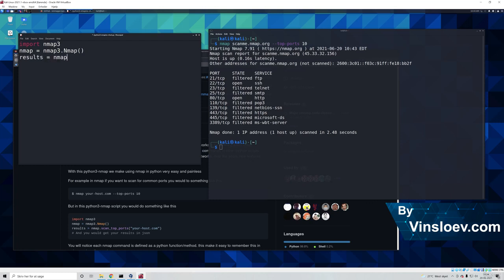then we say results equals nmap.scan_top_ports, and then we need to define the host that we're going to scan, and we say scanme.nmap.org, and then we simply say print, because we want to print the results, else our console will not return anything. And then I will just save this,